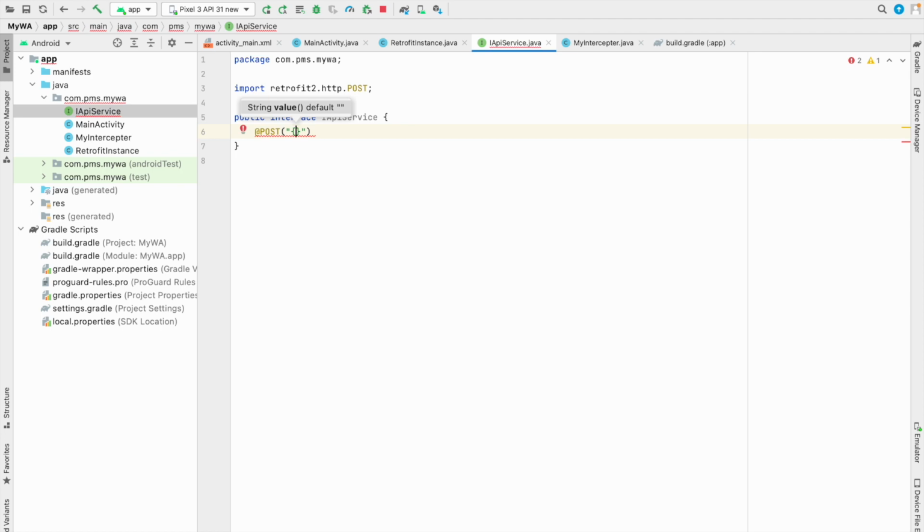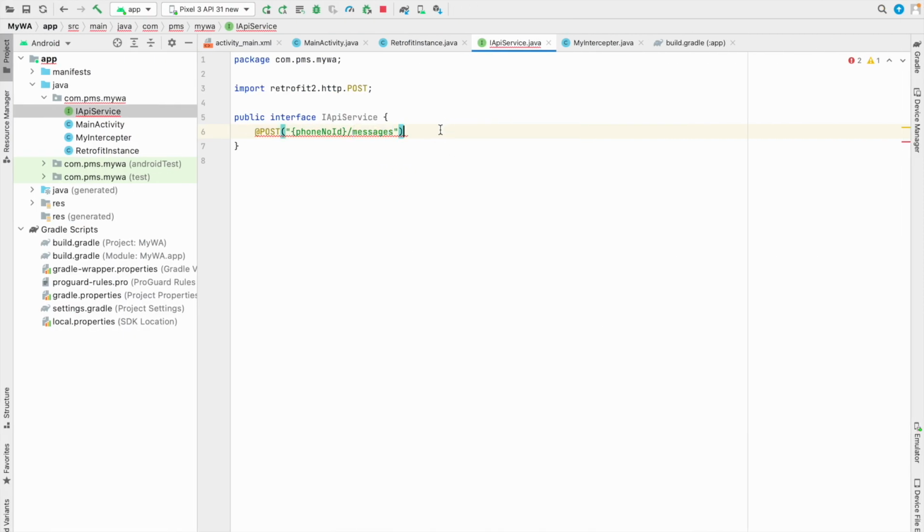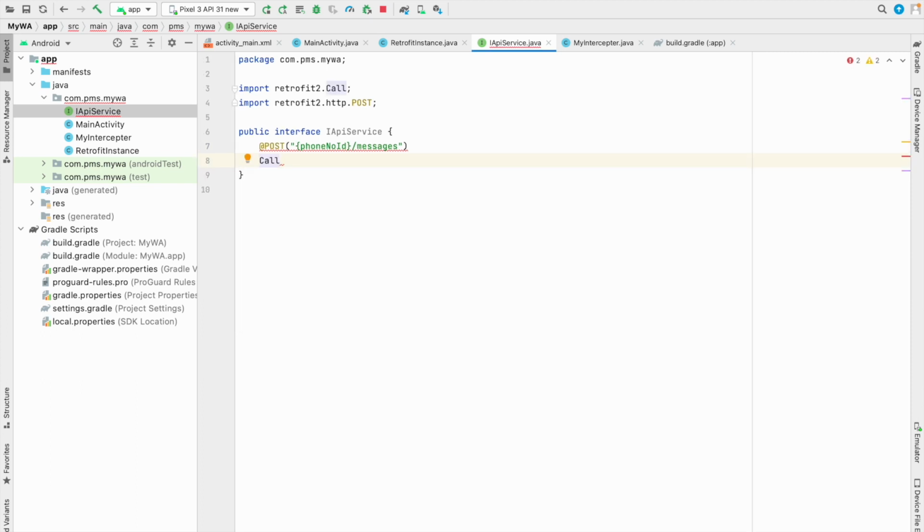curly brace. Here I'm going to type phone number ID. And here the messages, make sure this is messages, MESSAGES, not message. After that I'm going to call this one. Make sure this is not from the telecom, this is from Retrofit. I just hit enter. And here